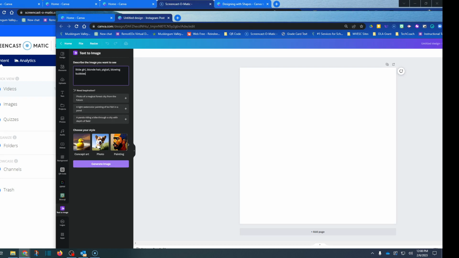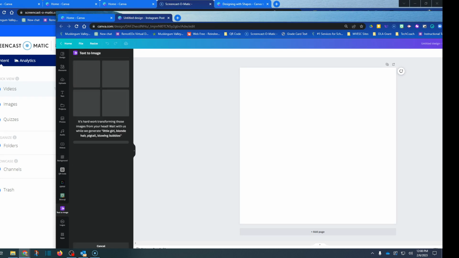Now, I've had people often ask me, is this going out onto Google or opening up a web browser and searching for images? No. It has its own built-in artificial intelligence program that generates these based on the instructions that the person is giving it. So I'm going to go here and hit generate image.